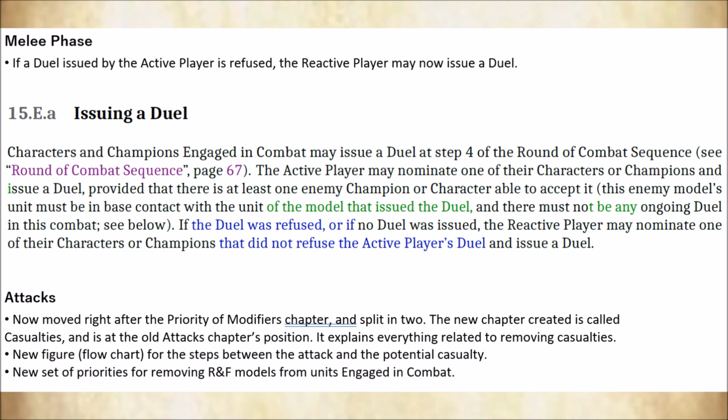But just odd little issues. This was an interesting change. If a duel issued by the active player is refused, the reactive player now has the opportunity to issue a duel. Yeah, I think this is a big deal, actually. Think so? Yeah, we'll see how this works. I'm not sure when it would come up, but...